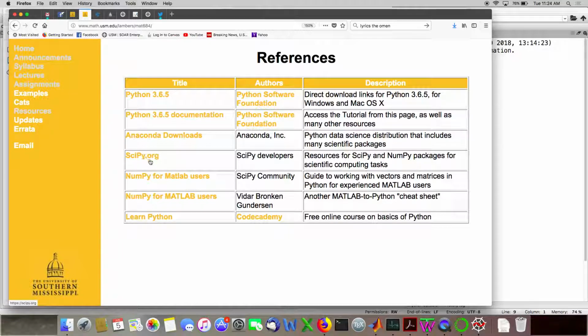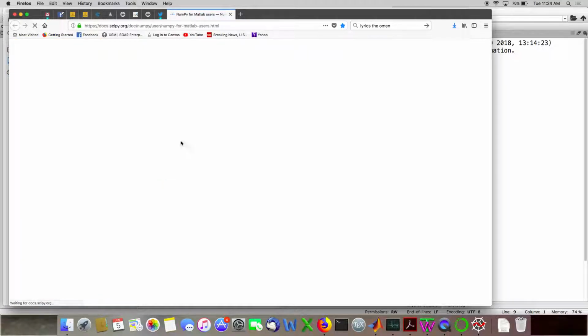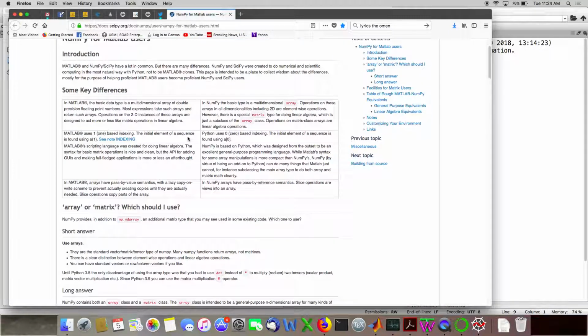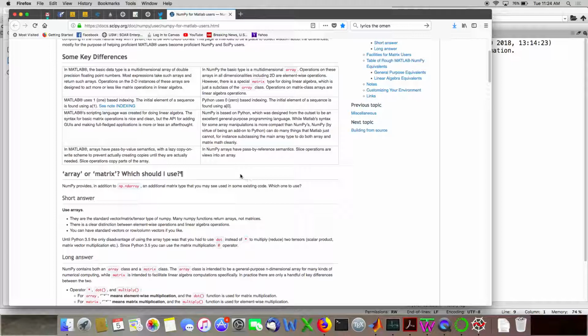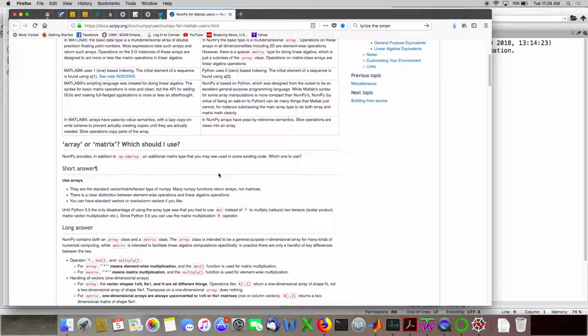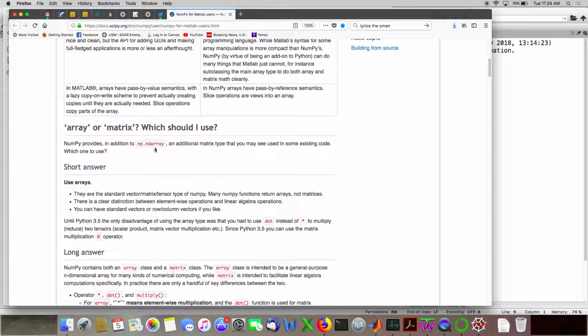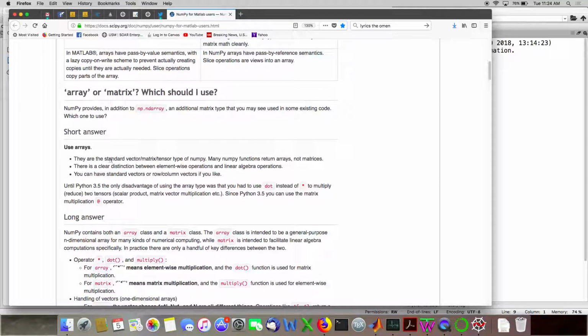So from the SciPy site, there's this page that's all about NumPy for Matlab users. With NumPy, you have variables that are like an ND array, or another type that's called matrix, and which should you use? In this class, I'm going to use ND array, and this is following their recommendation, their short answer here: use arrays instead of matrices,